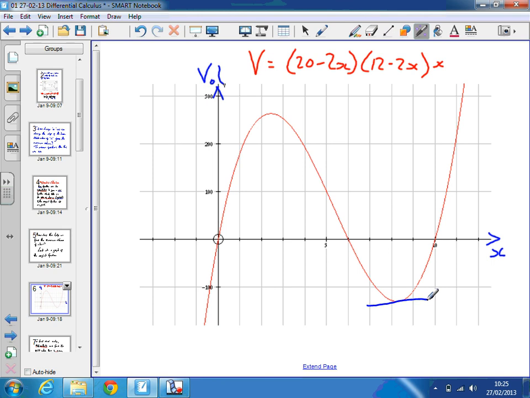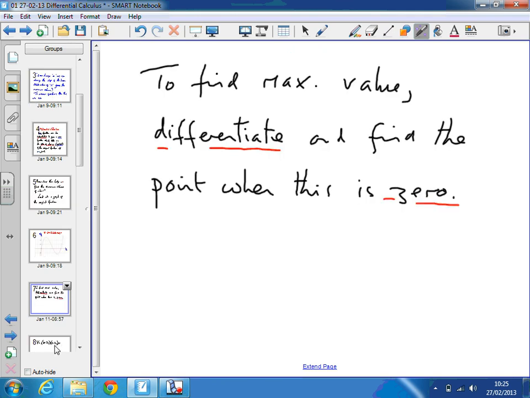So if I want to find the maximum volume of this box, what I do is I differentiate this function, and we're going to look at that in a minute, and then I find out when that function is 0, because that's the point at which the gradient drops to 0, and that gives me my maximum value. And that's a very common mathematical technique to find maximum values. Differentiate it, and then find the point where the differential drops to 0. And that's what we're going to do now. And that's a statement of it. So again, if you want to make a note of it,